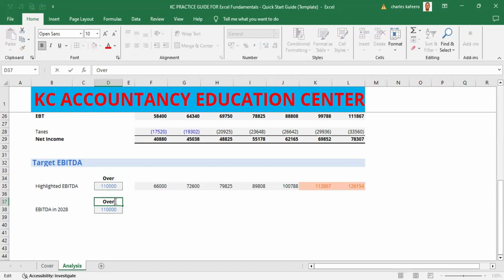So we can hit the F2 key to get into that. We change it to amount, just like that. And then we can bring in the amounts of EBITDA in 2028. Down here, we bring in the EBITDA amount for 2028. So now what we are going to do, obviously, is we are going to link that D38,